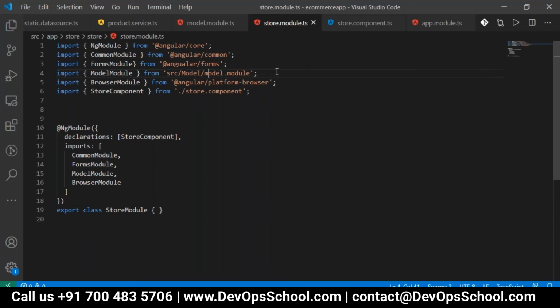Just change the importing here, model module. So done with this.